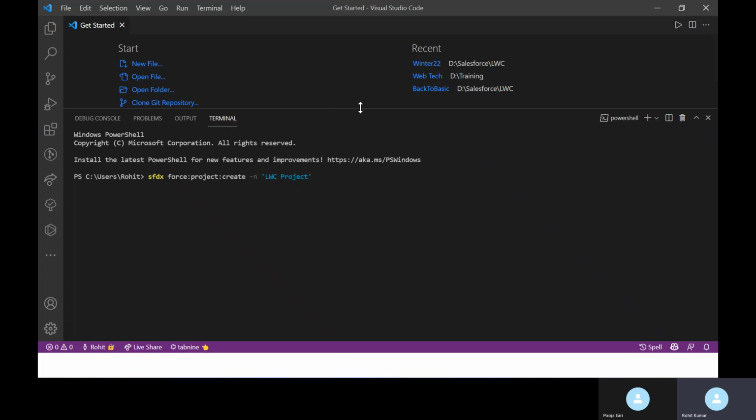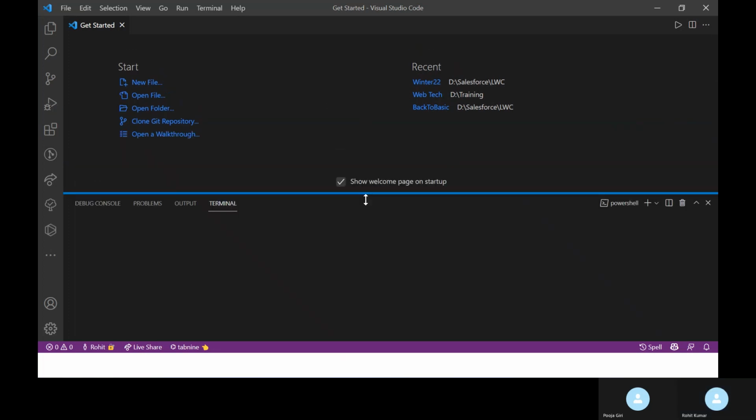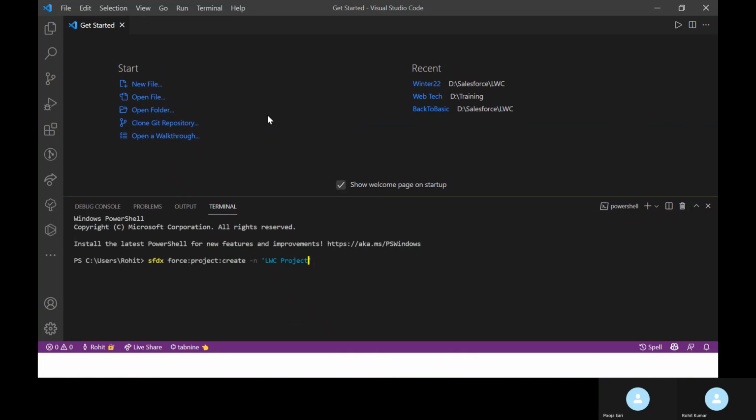Or you can use the command palette. So how to open the command palette? Any shortcuts? Control N is for a new file, and you have to look in the top menu at View.